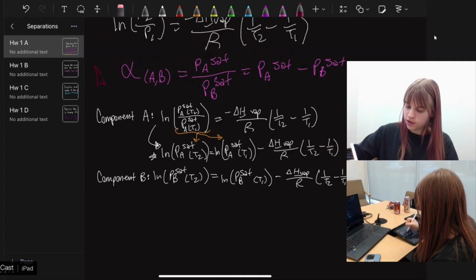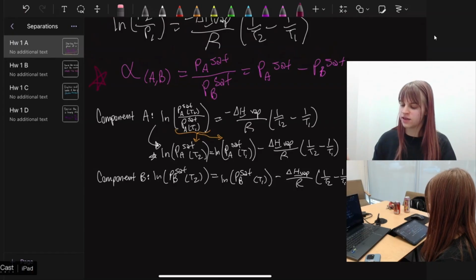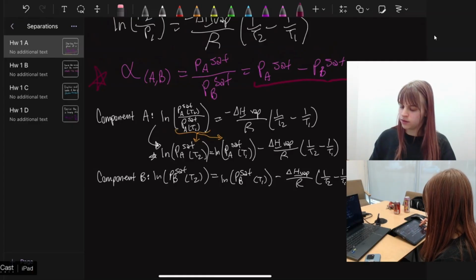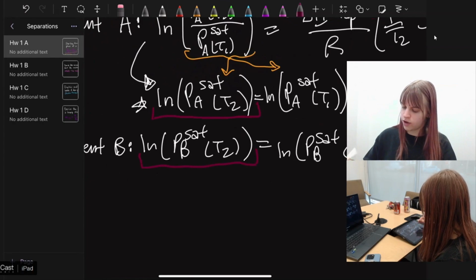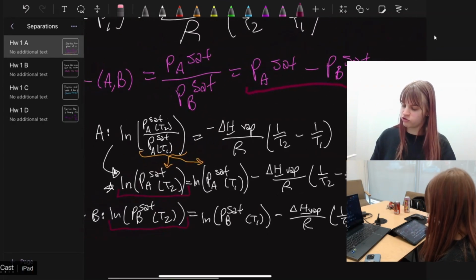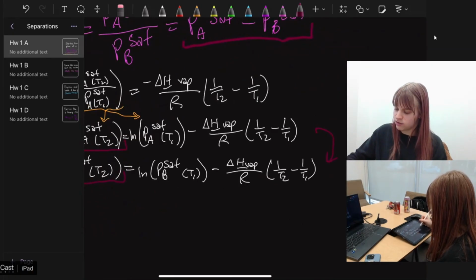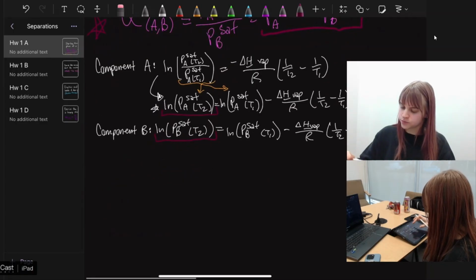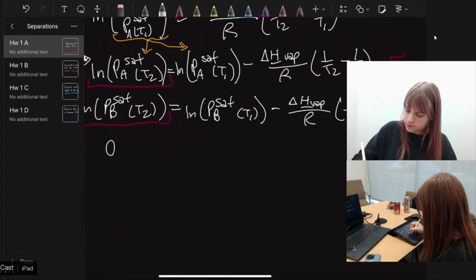So from up here, we said that the relative volatility between components A and B is equal to the natural log of the saturation pressure of A minus the natural log of the saturation pressure of B. So I'm going to go ahead and use these two as the saturation pressure of A and B. Essentially, that means I'm just going to subtract these two equations. So subtract B from A. And then we get